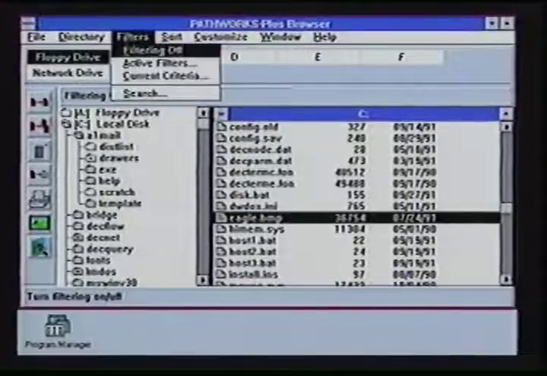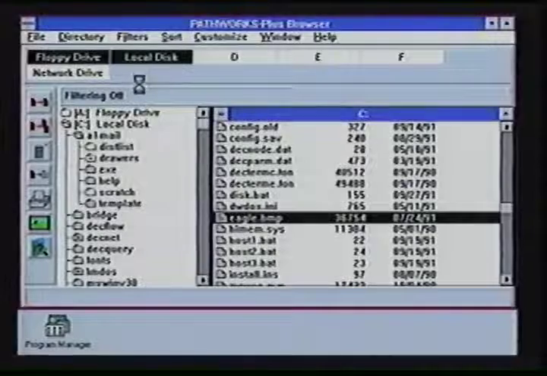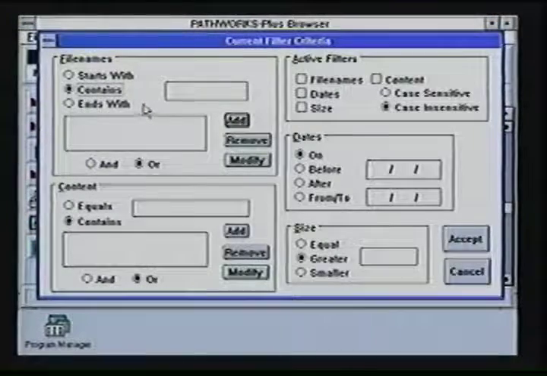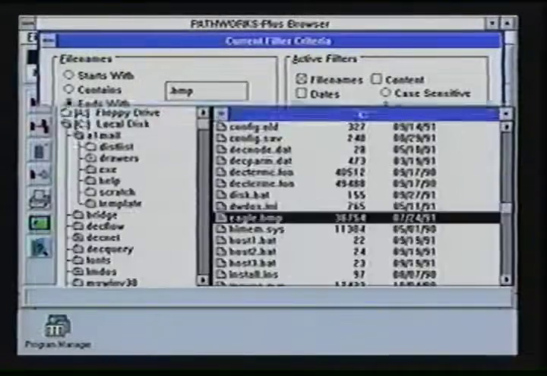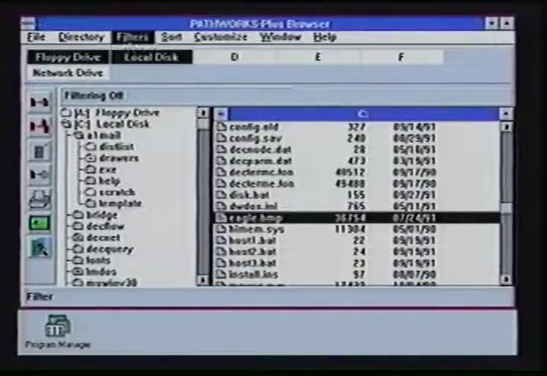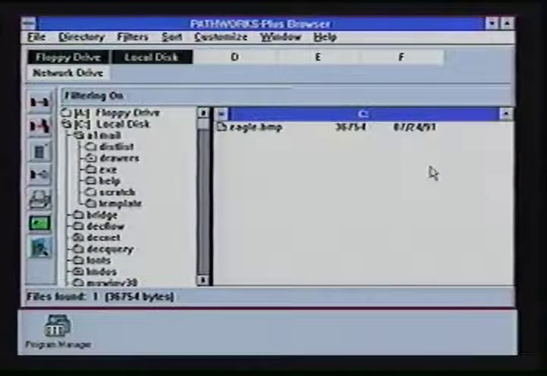We have the ability to apply filtering to the search criteria, so that if we wanted to not see all the files necessarily, but perhaps just particular file extensions or particular content within a file, we can go to the filter criteria. Let's say we want to look at all files that end with .bmp. I'll turn on my filters, and immediately I see that in this case there's only one file with a .bmp